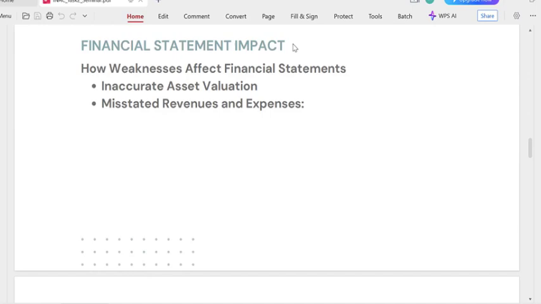So if a shareholder is planning to keep the money within the business, they definitely want to know how the financial performance of the company is going. In the same way, shareholders and other stakeholders would also want to know about the financial position of the company, how many assets and how many